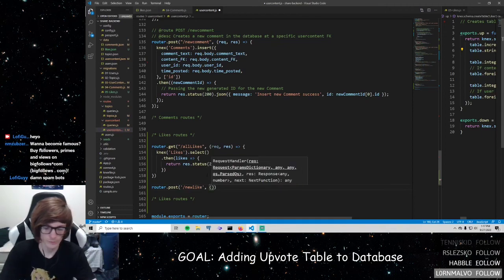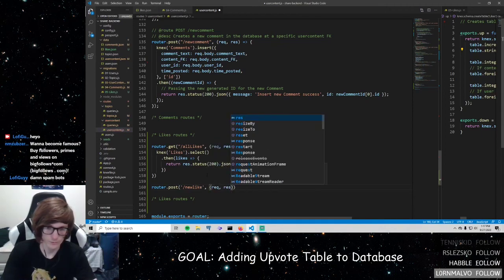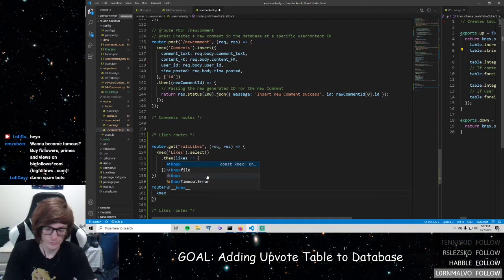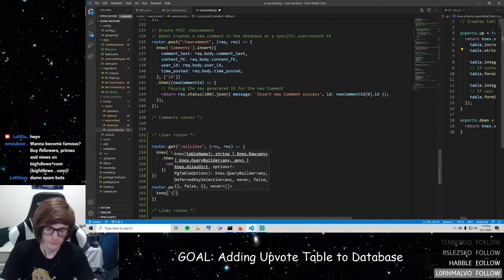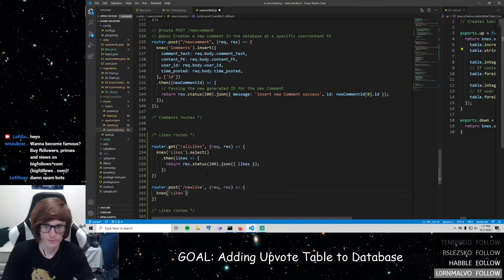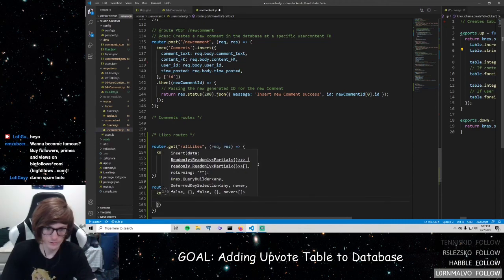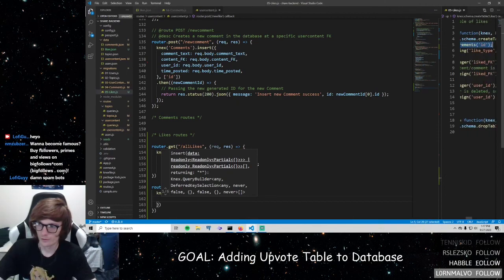Just like above, we'll have a request and a response. It's going to be an arrow function. Then we need to do a query on our likes table and say insert. Then we're going to insert an object with all the columns that are required. So if we look over here,